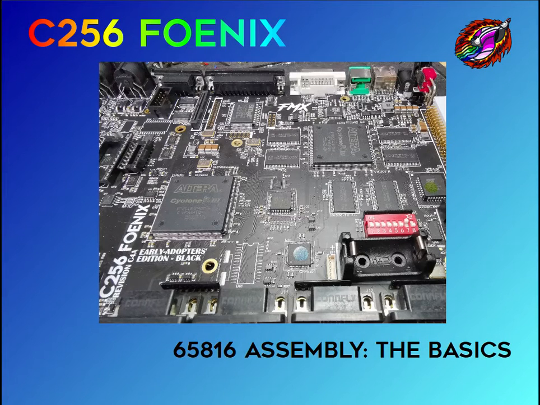Stefany Allaire recently announced that she is working on a lower cost version of the C256 Foenix called the Foenix U, or User Edition. And since that should be, one hopes, a higher volume item with more users on it, some of whom may want to figure out 65816 assembly code, I thought this might be a good time to start this project